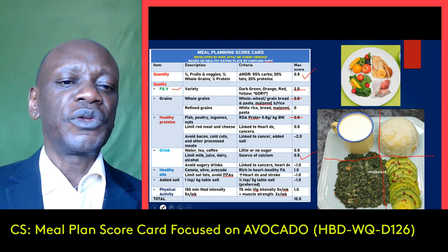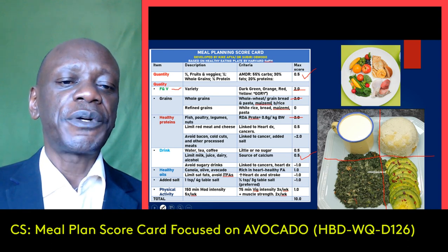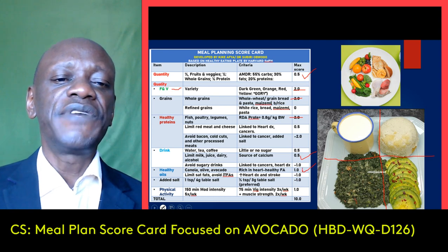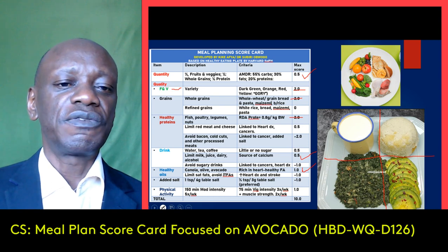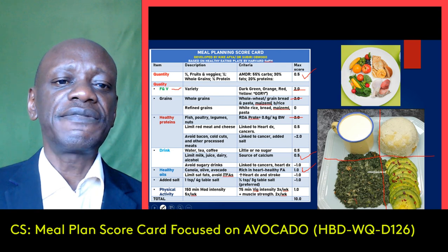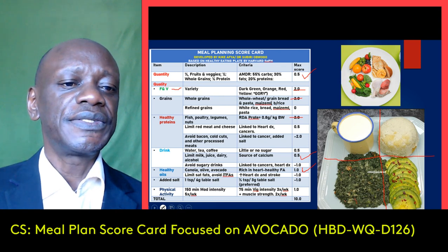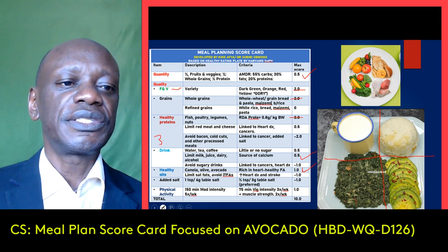However, I will not score negative for that. I will give marks here because of the use of avocado. As you shall see, avocado contains very healthy fats, the omega-3 fatty acids that are good for the heart. So let's add up the score. This is half plus half, that's 1.5. And then this is 2.5. And then this is, let's assume the past exercise is 3.5. So the average score here is